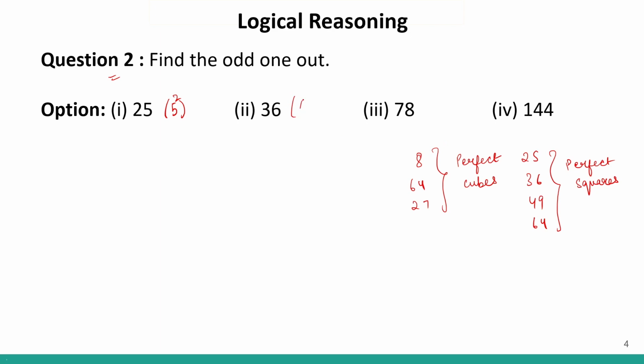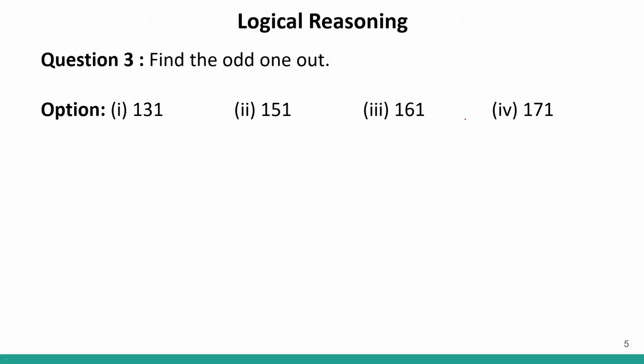So 36 we know is 6 square. Similarly, 144 we know is 12 square. So only 78 is a number which is not a perfect square. So it is not a perfect square, hence option number 3 will be the correct answer. Okay? Now, question number 3. In question number 3, we have certain numbers and we have to identify which of them